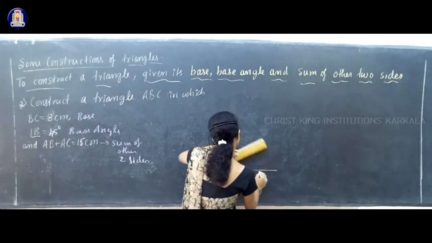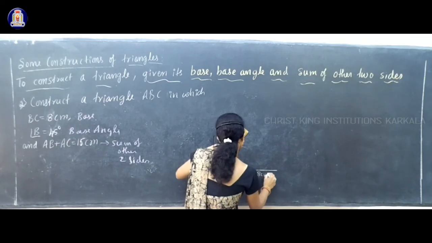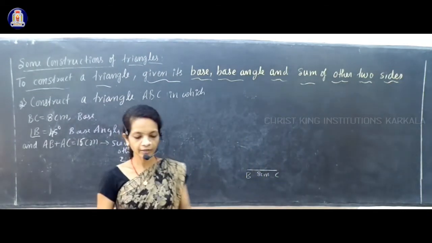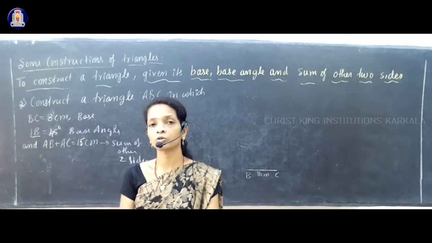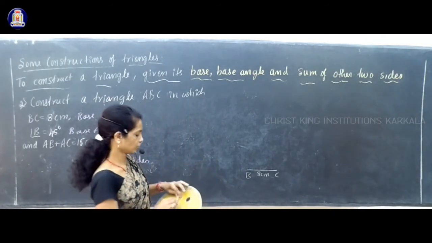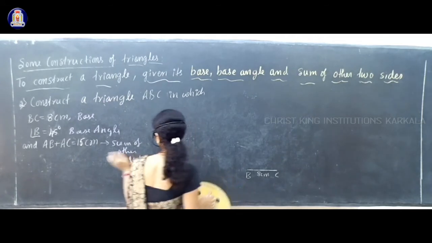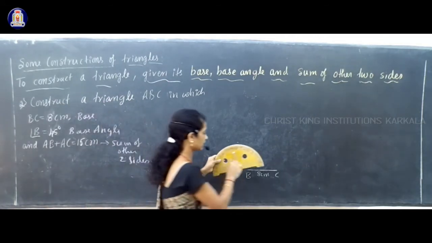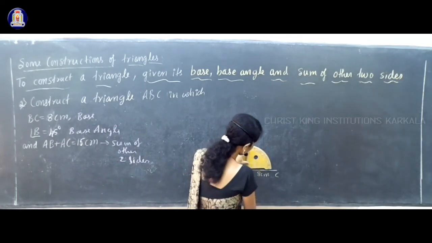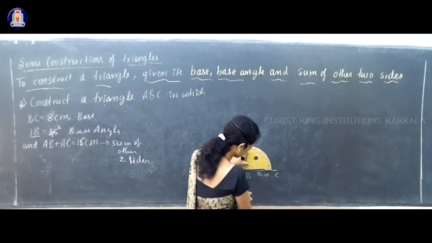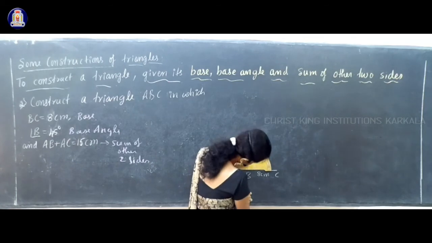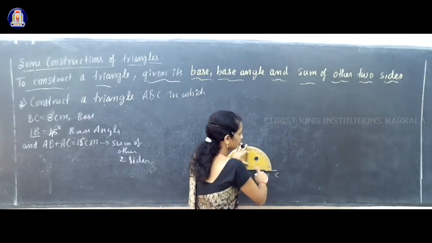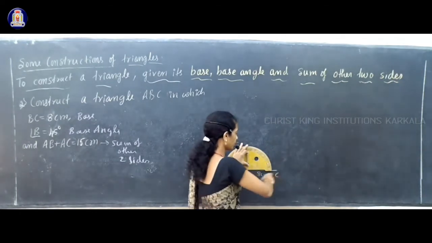And what is the name of that line? That is the base BC. Name that as BC. After that, you have to see the base angle given, and mark that much, 45 degrees. Base angle B is given, so angle B means at B you have to mark it. So keep the protractor's center point at B, and the 0 of your protractor must be on line BC.